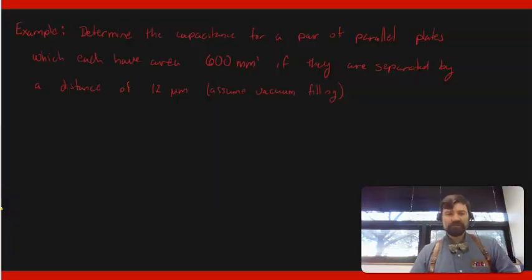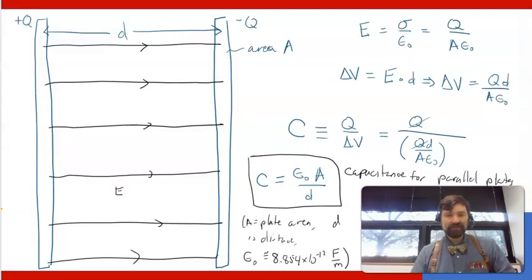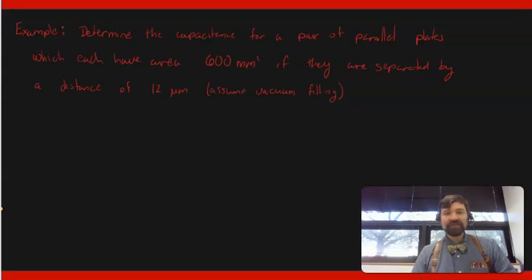Okay, let's do another quick example at this point. We've just determined that the capacitance is epsilon naught A over D for a pair of parallel plates. Now we're given a set of parallel plates and told that each one has an area of 600 millimeters squared and that they're separated by a distance of 12 microns, or micrometers. So the capacitance for the pair of parallel plates is epsilon naught A divided by D, area divided by distance. That is